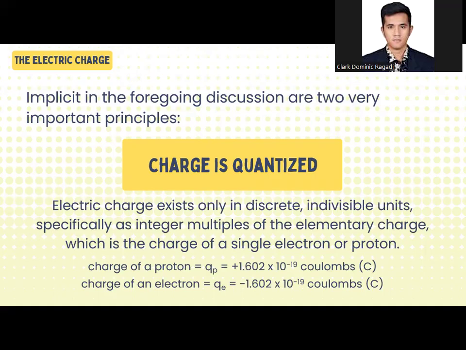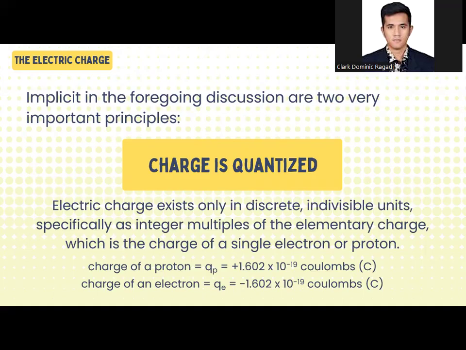Okay, so when we say quantized, it's not possible for us to have a charge equivalent to 1.5 electrons, because in nature 1.5 electrons does not exist. Same with our money, di ba? We cannot have physical money amounting to less than a centavo because there's no available money in that kind of amount. Again, same with charge.